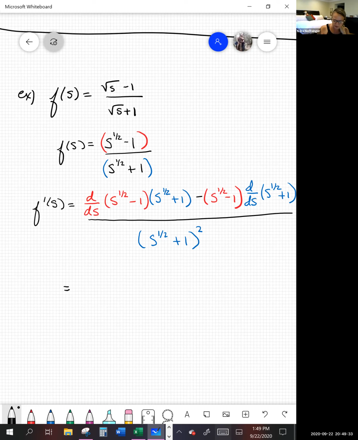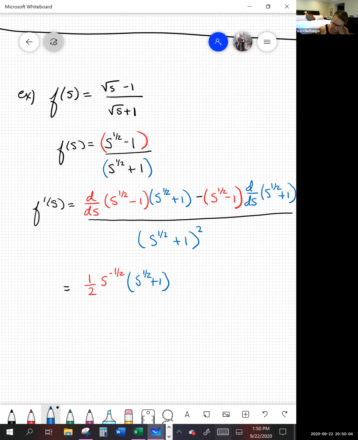So the derivative of this, s to the 1/2 minus 1. We bring down our exponent 1/2, s, we subtract 1. So if I subtract 1 from 1/2, 1/2 minus 2/2, that's just a negative 1/2. And then the derivative of a constant, negative 1, is 0, times the denominator, so s to the 1/2 plus 1,